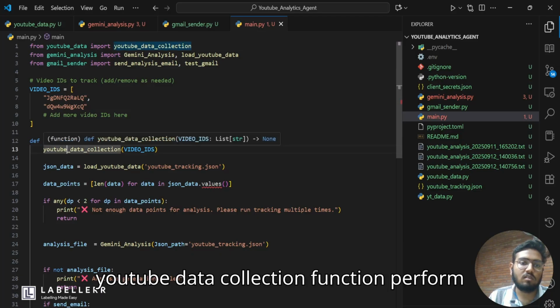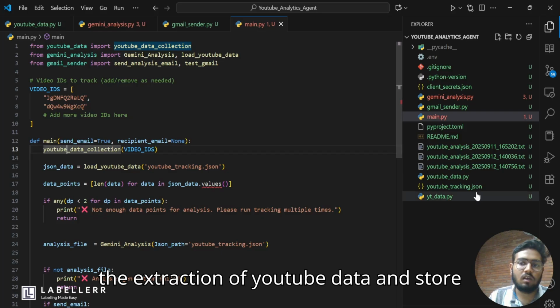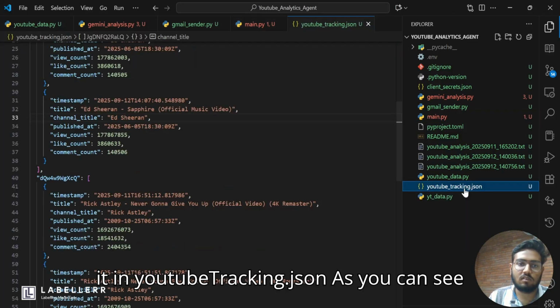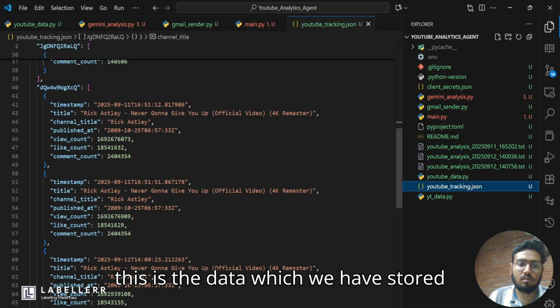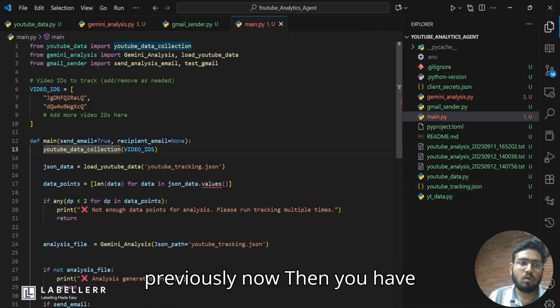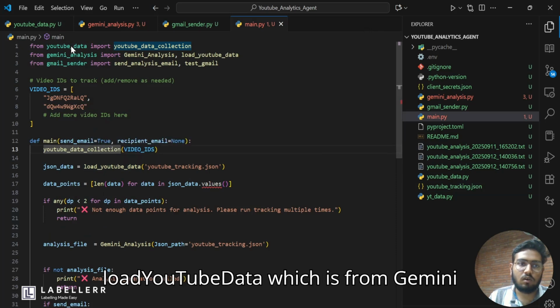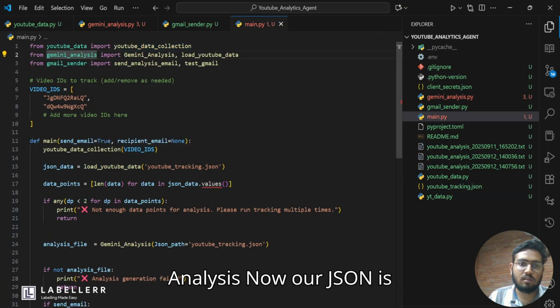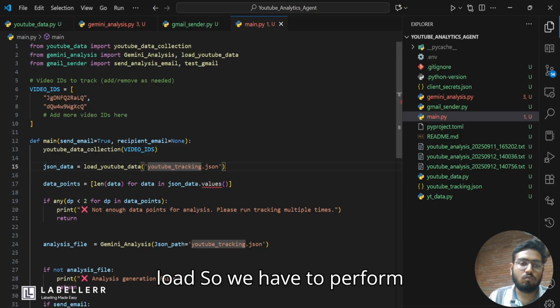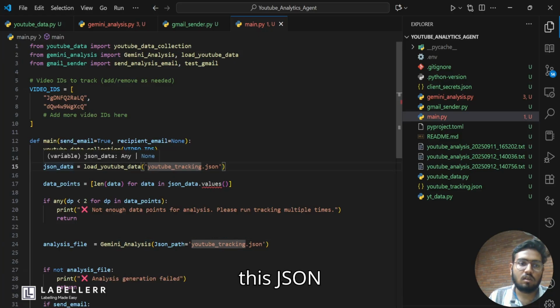This YouTube data collection function performs the extraction of YouTube data and stores it in youtube_tracking.json. As you can see, this is the data which we have stored previously. Now you have to load this data using load YouTube data, which is from Gemini analysis. As you can see, now our JSON is loaded. So we have to perform Gemini analysis. You have to just provide this JSON file,